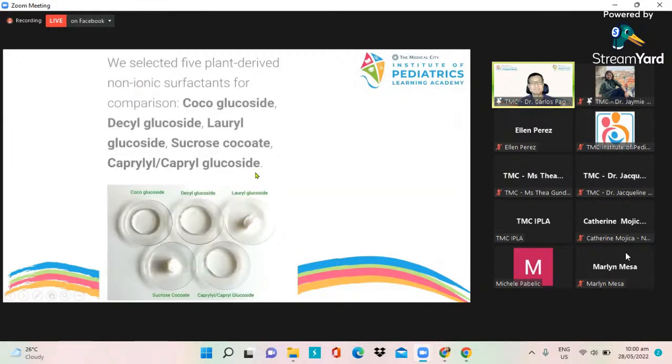All right. So now, can I just give you some samples of the ingredients making up Sydnets? And these are the good ones because they are the ones that are plant-derived. Ito po, mabasa lang natin. Cocoa glucoside. Ayan po, yan siya. And then meron tayong decyl glucoside. Ito po siya. And then we have lauryl glucoside. Ayan. Then sucrose, cocoa weight, ayan po siya sa baba. And finally, dun din po sa baba, yung capryl glucoside.